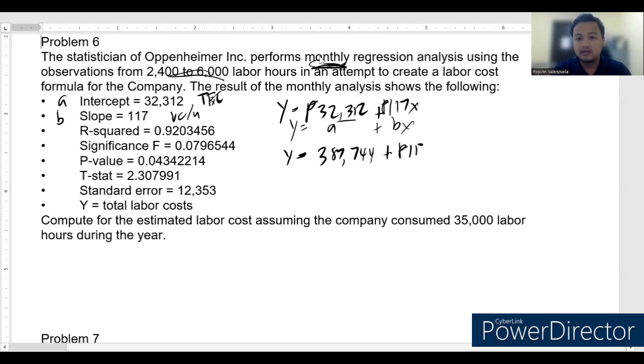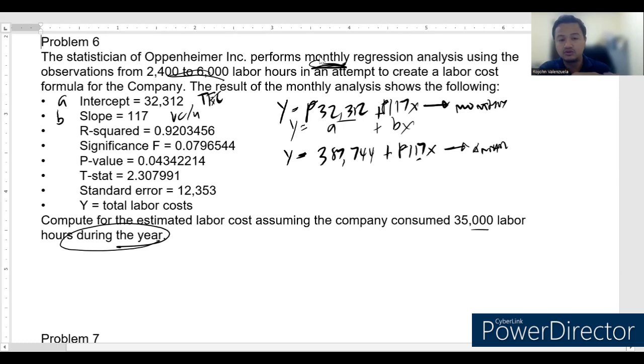Plus 117x. O ito na yung pang-annual. Yan. This is your annual and this is your monthly. Basically, ginawa lang nating times 12 yung monthly. Pero hindi mo pwedeng i-times 12 itong 117 kasi constant yung per unit niya. Constant. Itong total cost, since monthly lang siya, multiply mo sa 12. So, pwede nating i-substitute yung 35,000 kasi during the year ang sinabi eh. Kung during the month, substitute mo sa monthly. Okay? So, therefore,